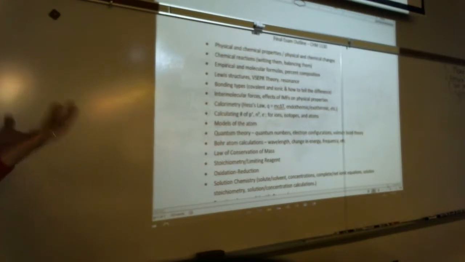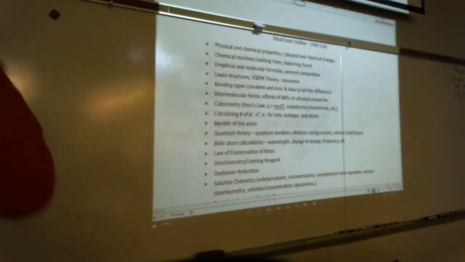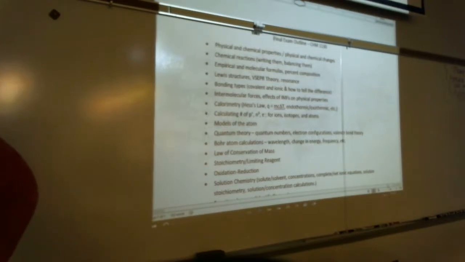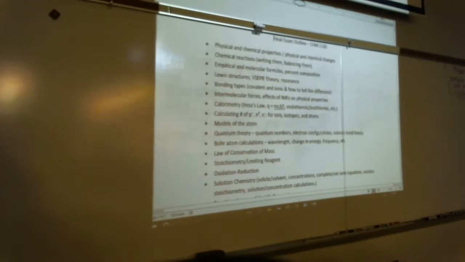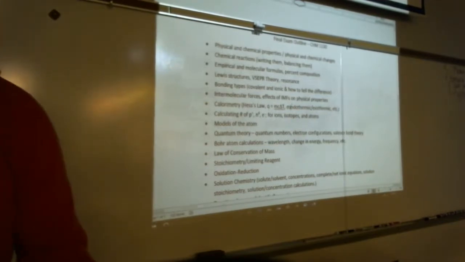But you ultimately need to go to the outline, which is posted on the course webpage in the week 16 folder, I believe. This is the outline of everything that is on the exam. I wrote the test first and then made the outline from it. Physical and chemical properties and changes, chemical reactions, so write them, balance them. Empirical and molecular formulas and percent composition, Lewis, VSEPR, resonance, bonding type, so covalent versus ionic, and how do you know? Intermolecular forces, effects of those on physical properties, calorimetry, so we're talking about Hess's law, Q equals mc delta T, endothermic, exothermic, and Q equals